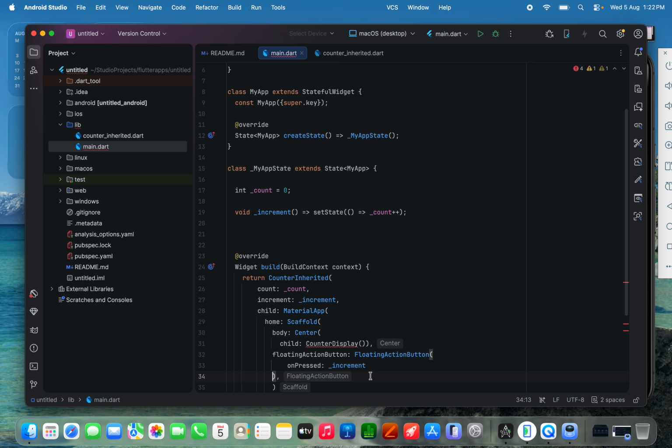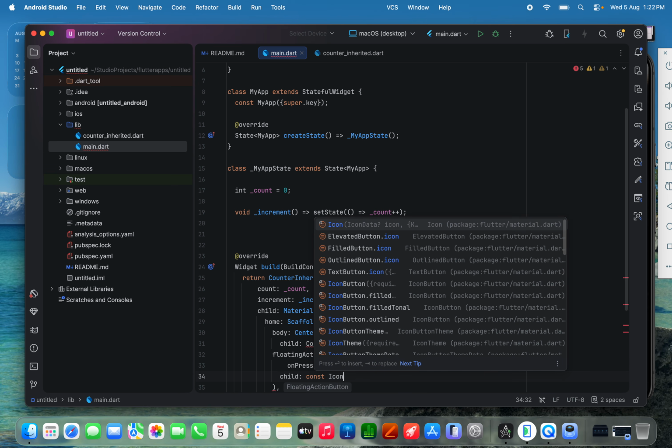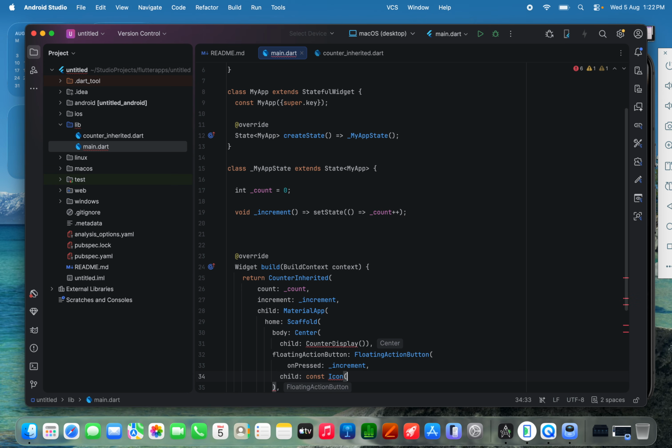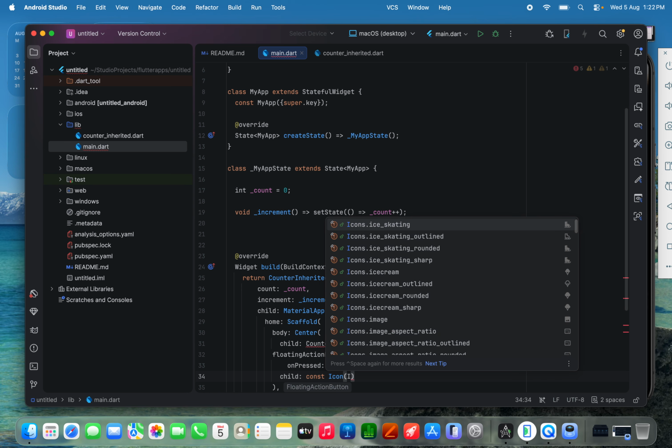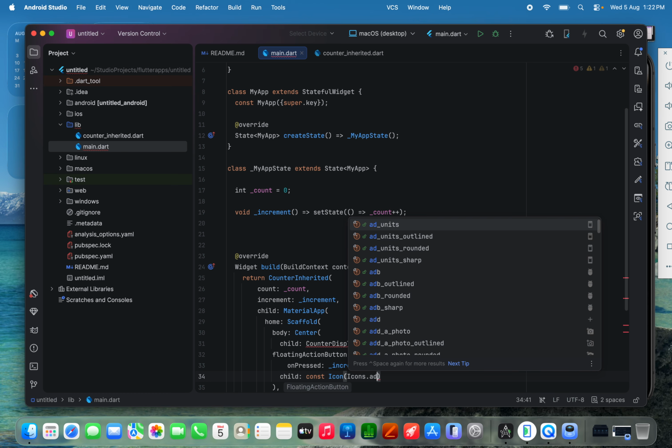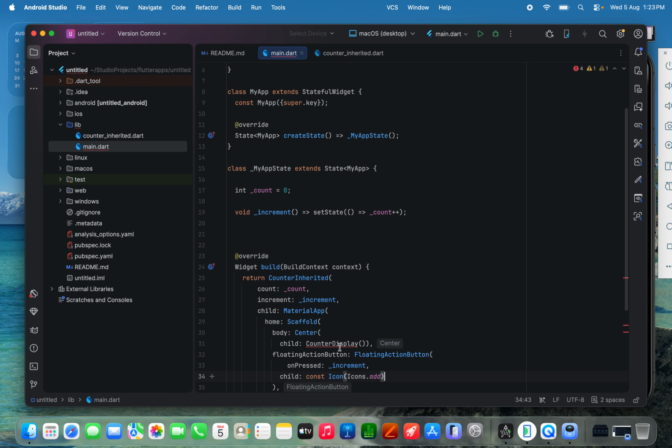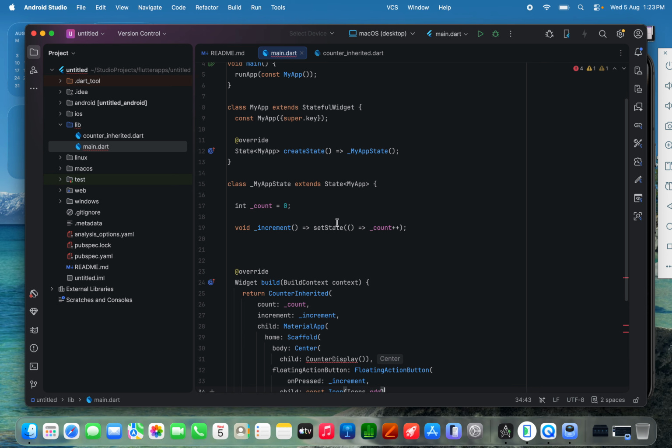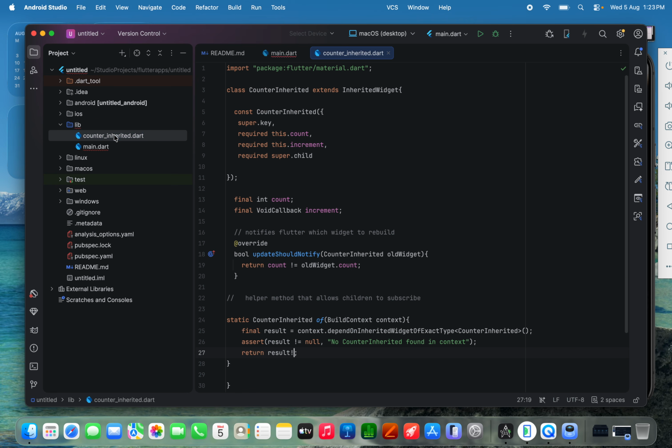And then the other property that this requires, child, we can have const Icon, and then inside our Icon, let's have Icons.add, like so. So we're left with CounterDisplay. Now you realize that in the course of doing this, we're not passing data through the constructor of our widget. The only thing we did was to